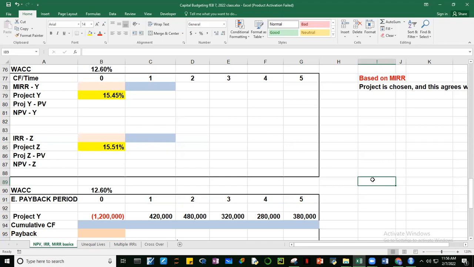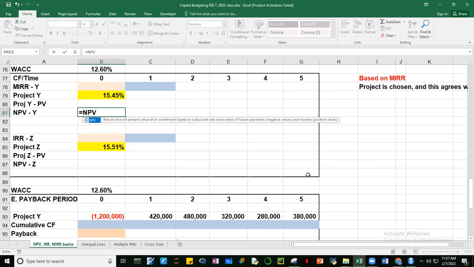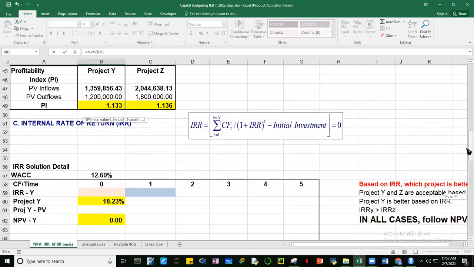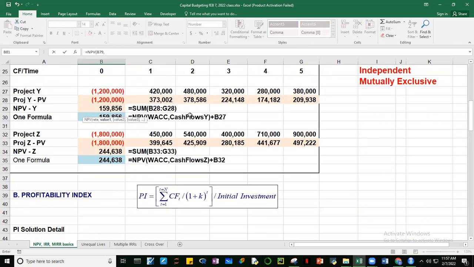So this tells us that the MIRR will always be consistent with the net present value. Okay, so based on MIRR, we choose Project Z since it has the higher modified internal rate of return. Okay, and if we compute for the NPV at their MIRRs, pwede natin i-compute yan. NPV using the MIRR of Y, and then yung values natin, again guys, only the future cash flows, and then we add ito.